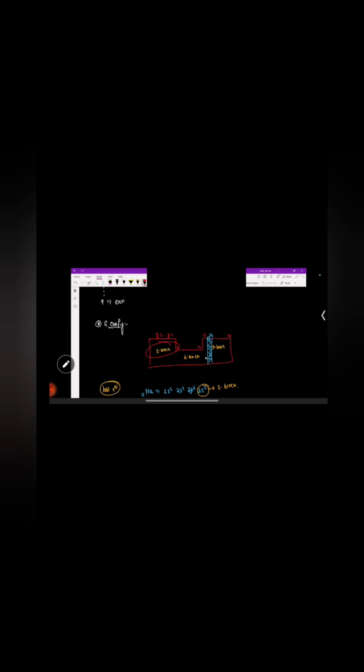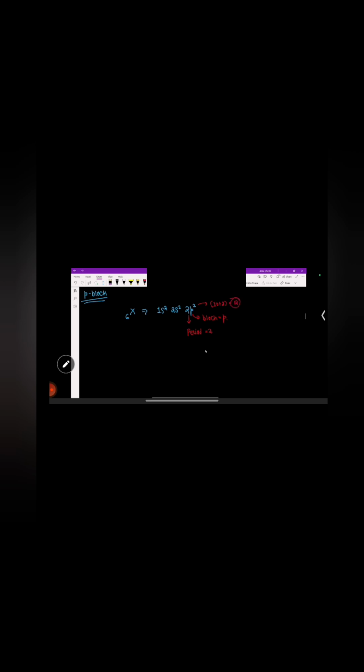For a p block element, you always have to add 10 to it. Why 10? Just because we want to skip the 10 elements in between. Groups 3 to 12 are actually your d block elements. That's why you have to add 10 to it. So the moral of the story is, to find out the group of a p block element, you have to add 10 to it. So 2 is the number that came in, and 10 plus 2 is 12. So this element is present in group number